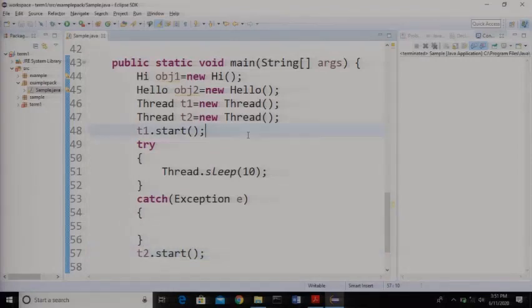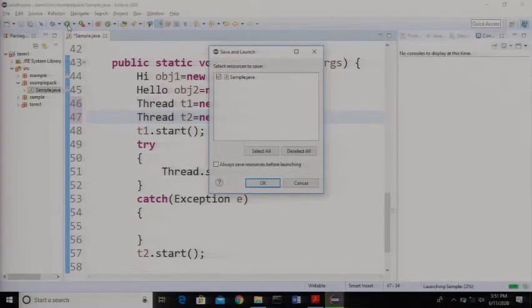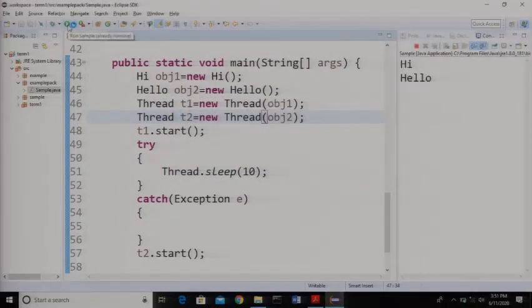We are not getting anything. The reason is we have to pass these objects over here, that is the hi object, object 1, and here we need to pass object 2. Yes.